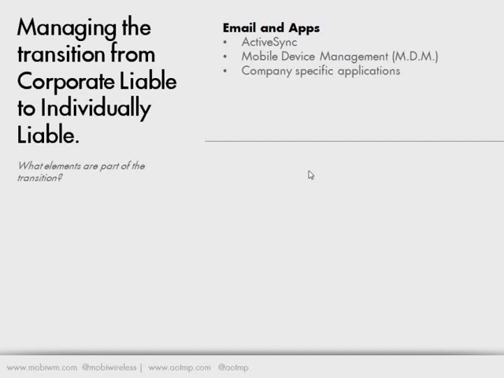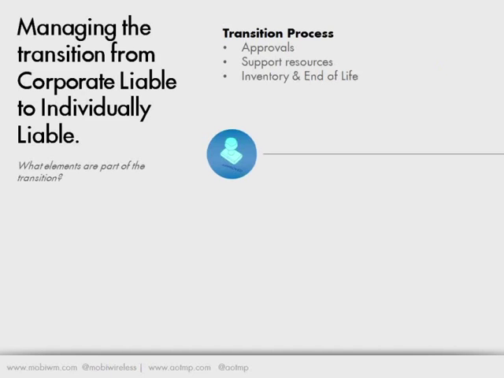Yeah, and that is another aspect of what we have to manage in this, and that is the approval process. Are you going to require approval if somebody wants to transition even though they're still under contract? So maybe eating that early termination fee requires approval. Or if somebody tries to opt into a stipend program that wasn't receiving a phone before, is that going to require some kind of approval? How do you process those? How do you document those?